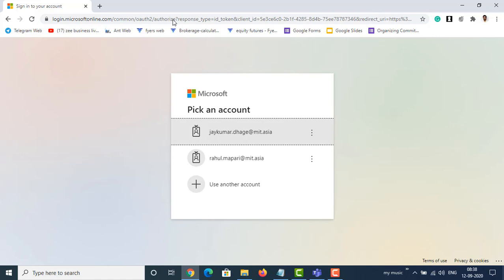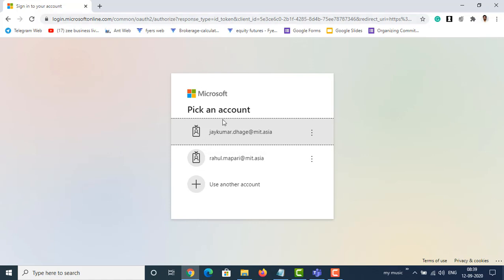Now here we need to provide a login ID and password. This login ID and password will be our official mit.asia email address. So with the help of the official mit.asia email address, we must log in to the system.